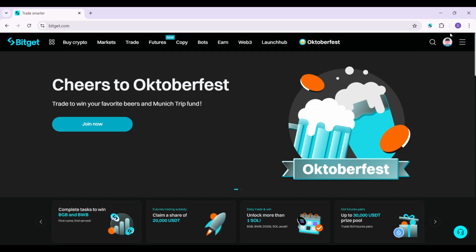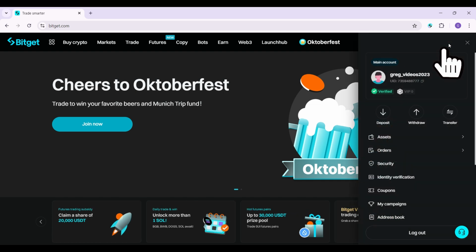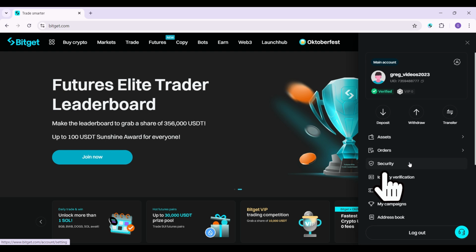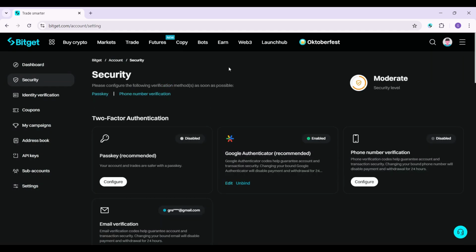It is quite easy. Initially, what you guys have to do is simply click on the profile icon at the top left. Click on it, and that is it. From here, as you can see, there are multiple things. But right now, all you guys have to do is focus on this thing called security. Click on it. And guys, from here, once you are in the settings page, initially from here you can look